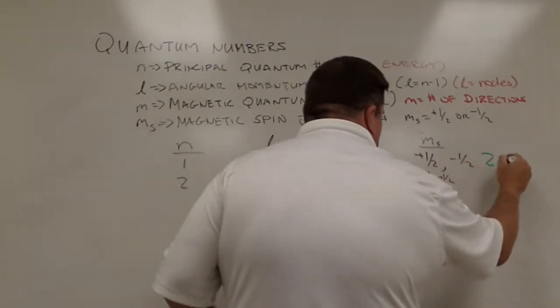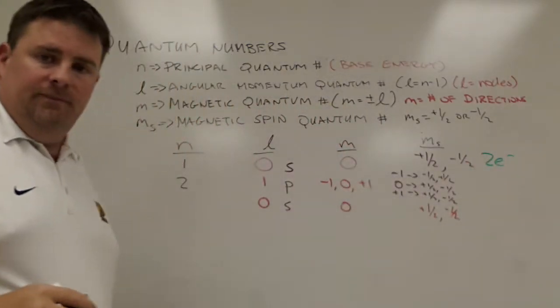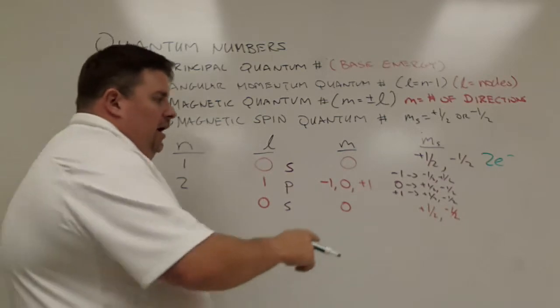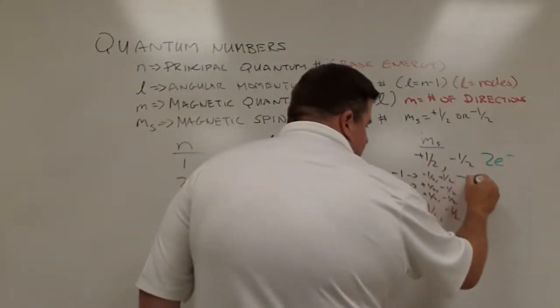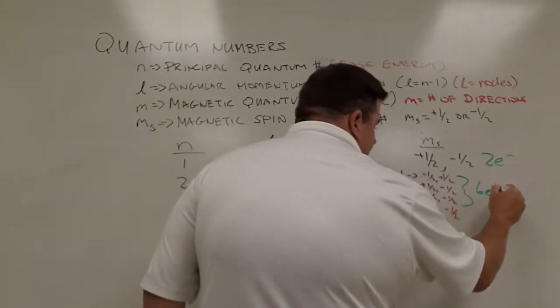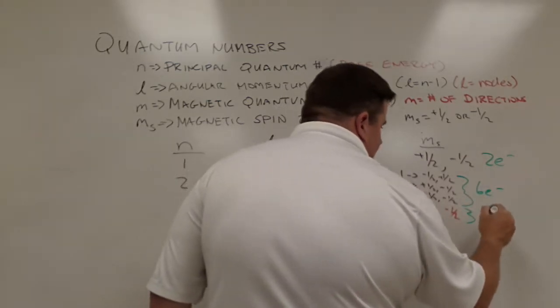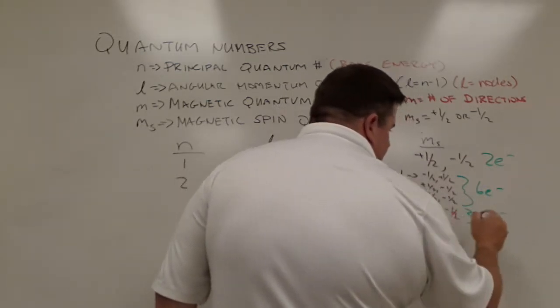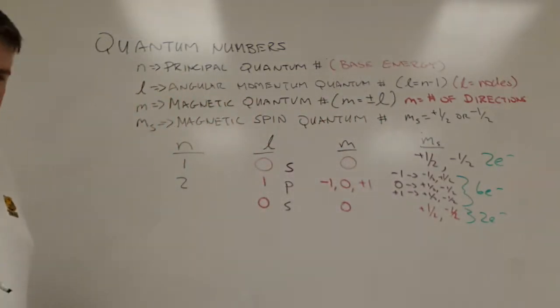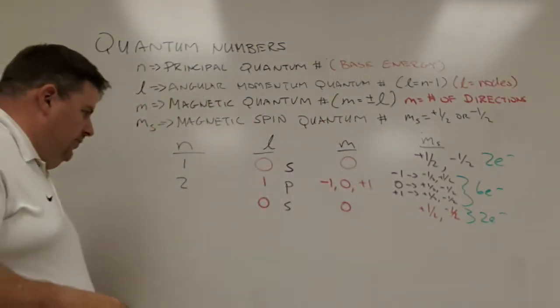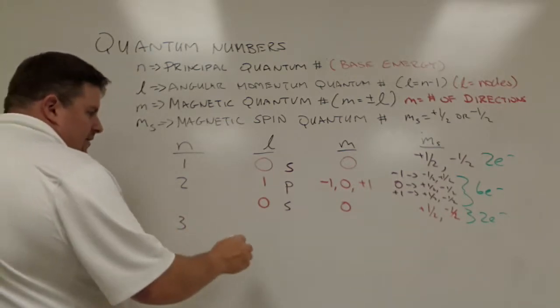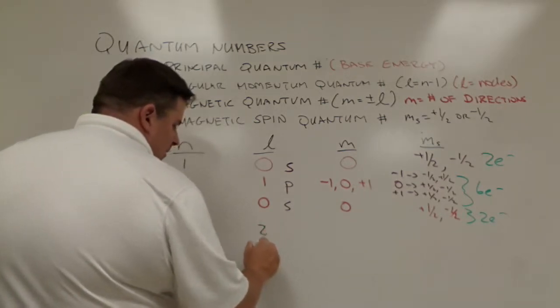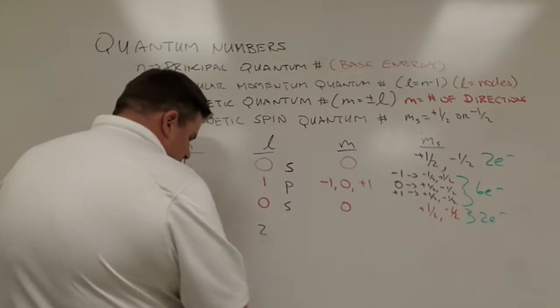So this means S means I've got 2 electrons total in there. For the P, I can have 2, 4, 6 electrons inside the P. And down here, I've got 2 electrons as well. Now, when I come to quantum number 3, I'm going to have the same. I'm going to have 2, 1, and 0